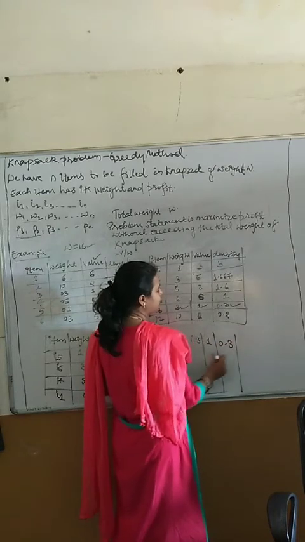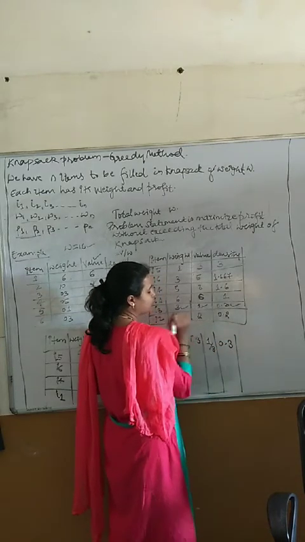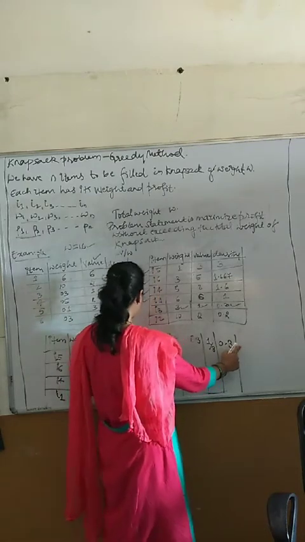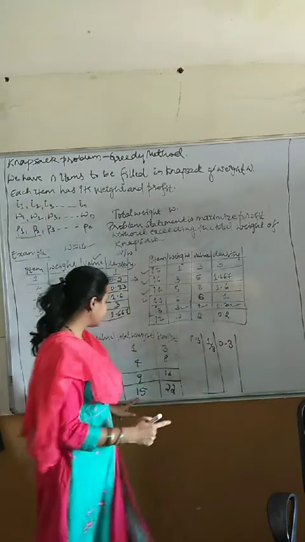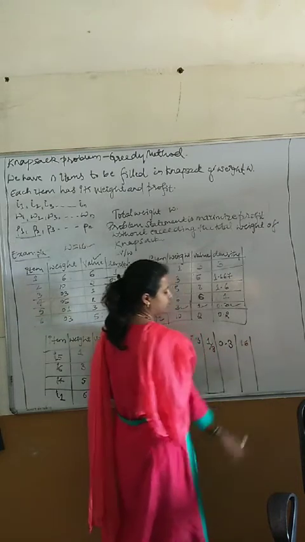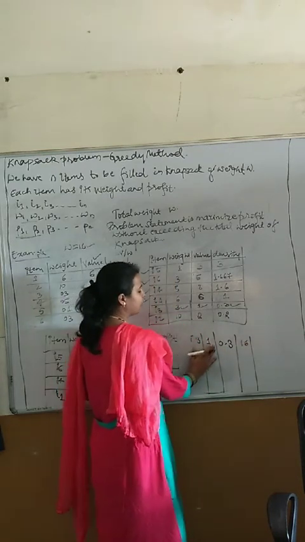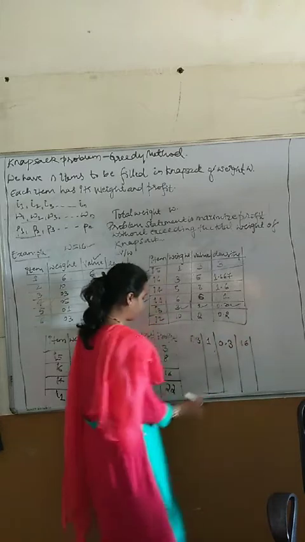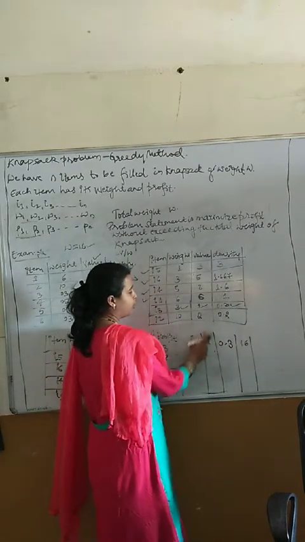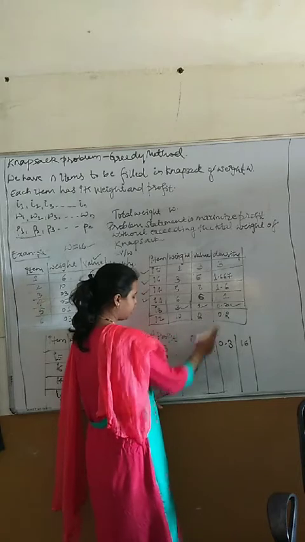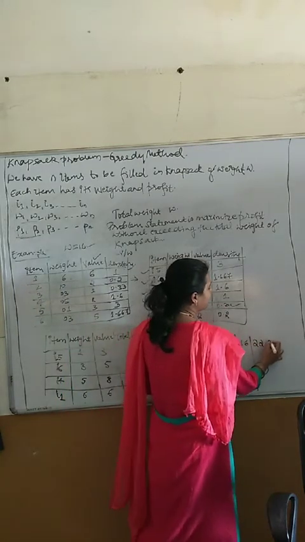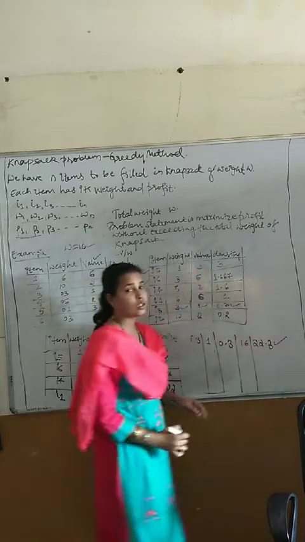What is the total here? We are adding only one fraction of 3 weights. So what is the total weight we have got here? Here it is 15. Here we are adding 1. 15 plus 1, 16 we are adding. What is the total profit? 22 is the total profit. What is the profit of this 1 unit? Profit of 1 unit is 0.3. 22 plus this one, it is 22.3. This is our total profit.